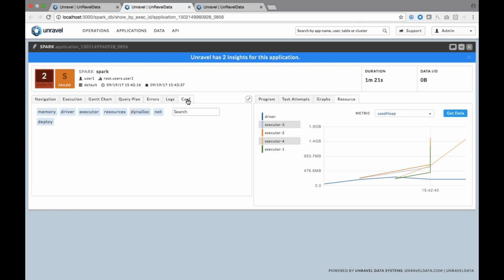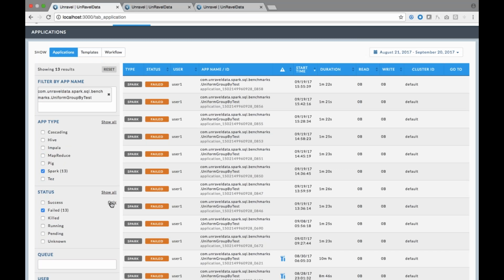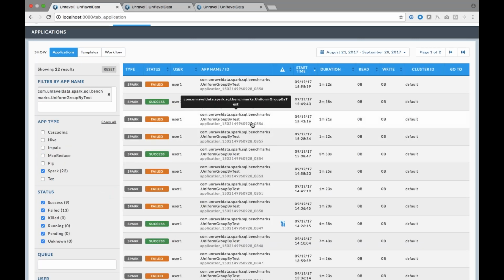Now, in this particular case, let's take a look at this application and see what happens if Unravel's insights for root cause analysis are applied. So we can search for this specific application. And if you now look at all the applications, you'll see that the application we were looking at, which failed,